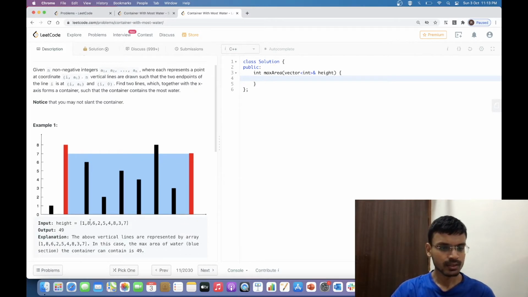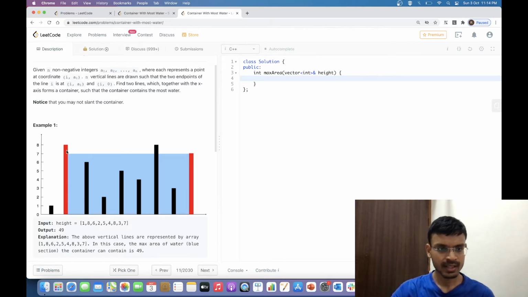So basically we are given an array where each element represents a line of that much height. So 1 is representing a line of height 1, 8 is representing a line which has a height of 8. Similarly, all the other elements represent their heights. We have to find the maximum water that can be held between any two lines. The water that can be accumulated between two indices would be the distance between those two